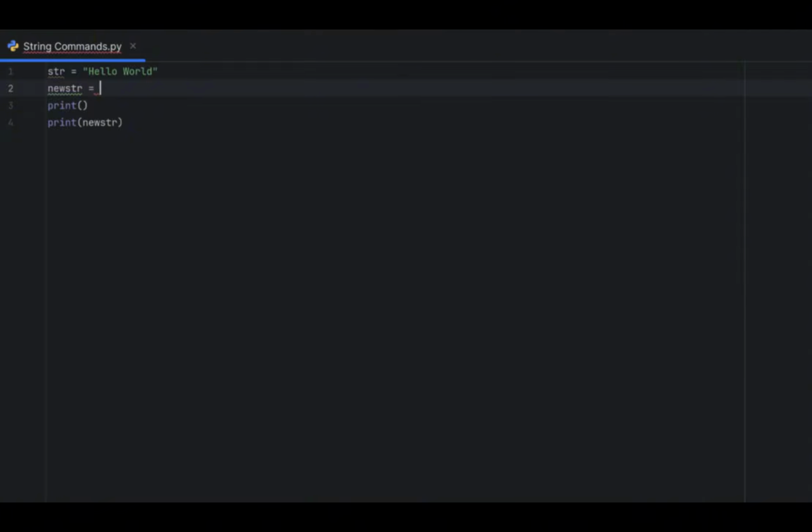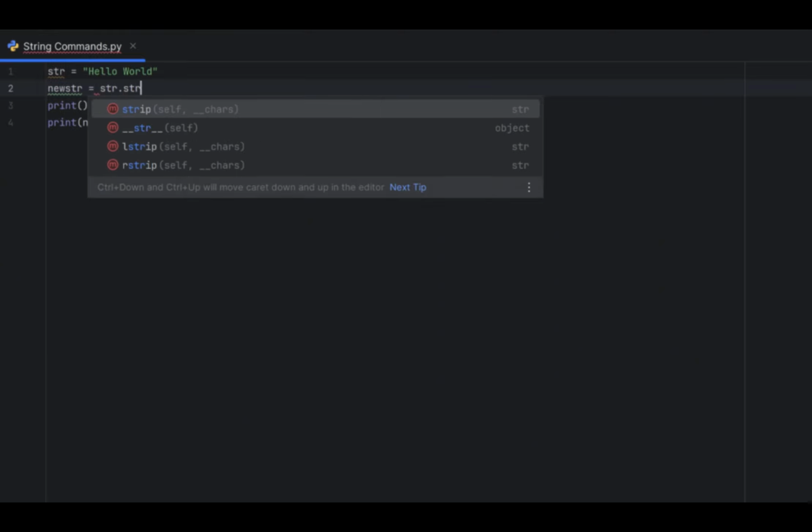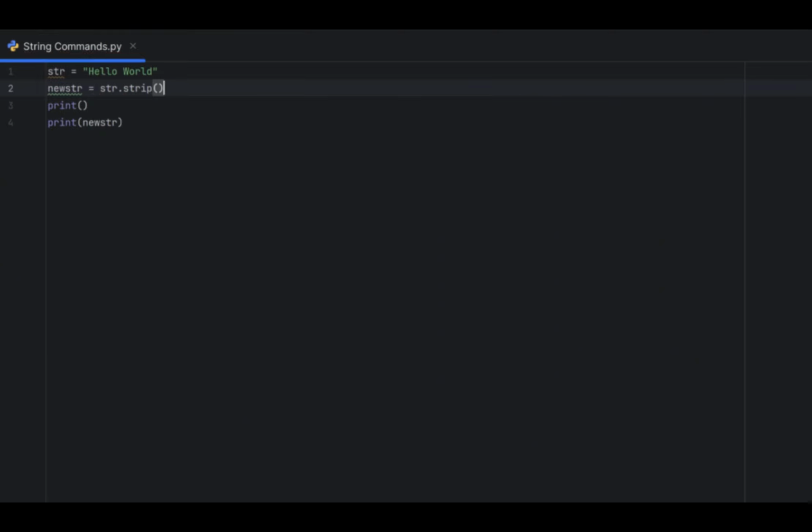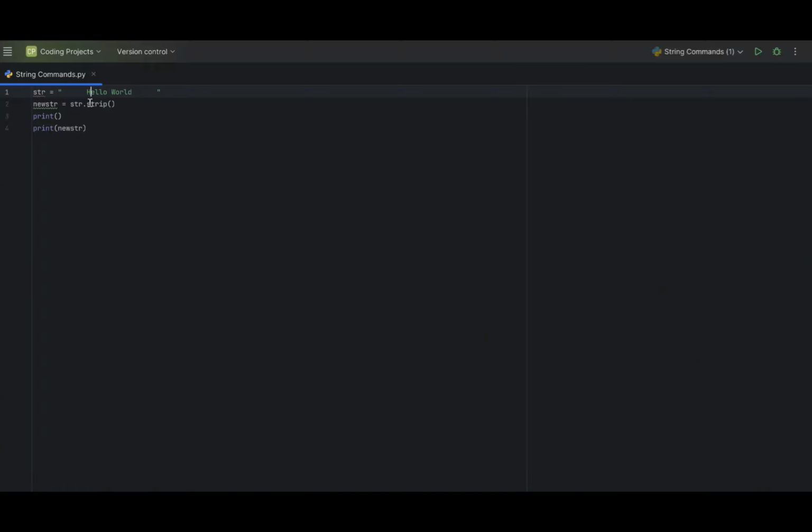So let's start off with dot strip. You can put str dot strip, and what dot strip does is it removes white space from the ends of your string. So imagine I do this, then dot strip will take away all of the spaces from my string, and if I print it, you'll see that it just prints out hello world without any of the white spaces from the